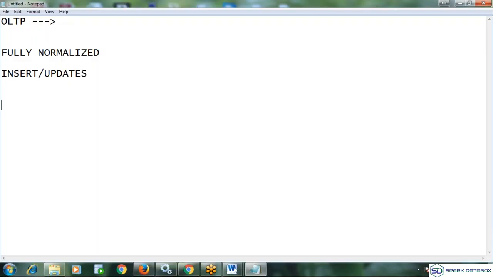What is the problem? I'm going to write aggregate queries on small tables and I need to perform joining operations again, which will take a huge amount of time to respond, right? Why? Because of the disadvantage of reporting in OLTP. If you are going to do the reporting on top of your OLTP databases, it will be very costly.